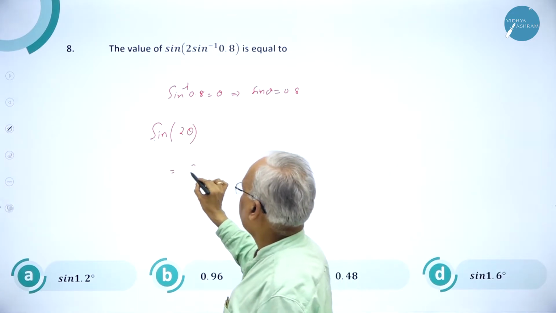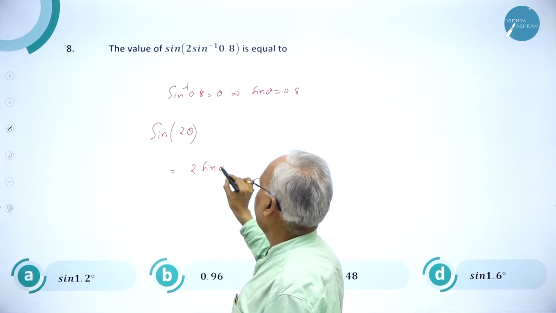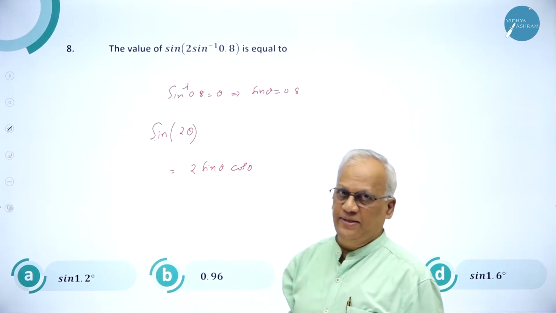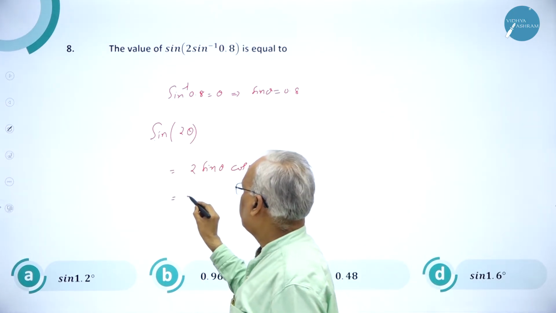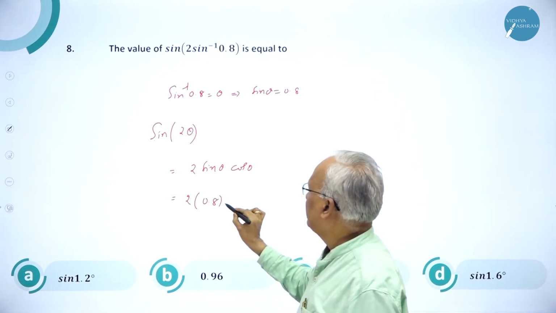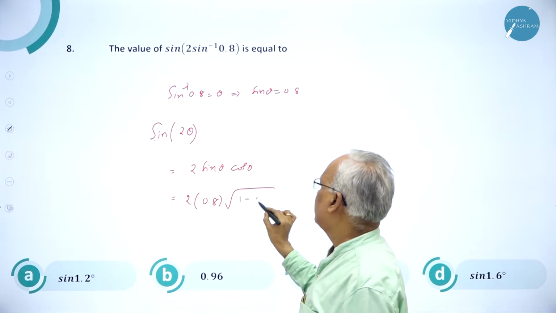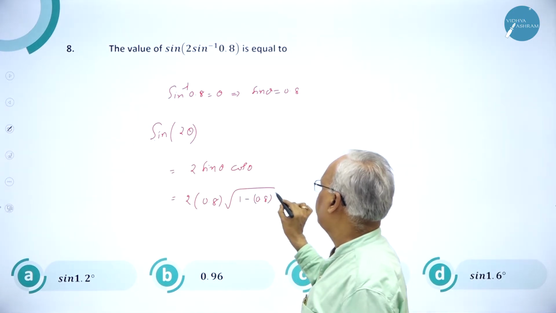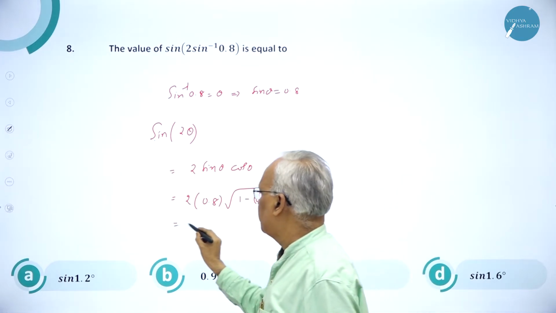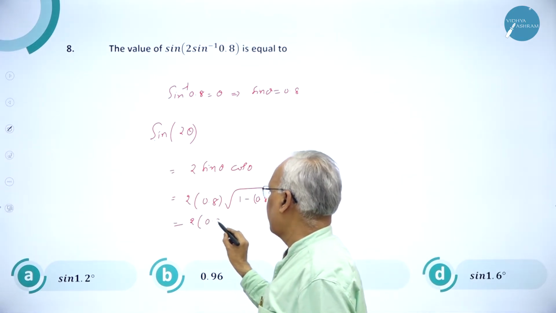So this becomes 2 into sine theta into cos theta. You know that sine 2 theta is 2 sine theta cos theta, which is equal to 2 into sine theta, which is 0.8. Cos theta is square root of 1 minus 0.8 squared. You know, cos theta is root of 1 minus sine squared theta, which is equal to 2 into 0.8 into,